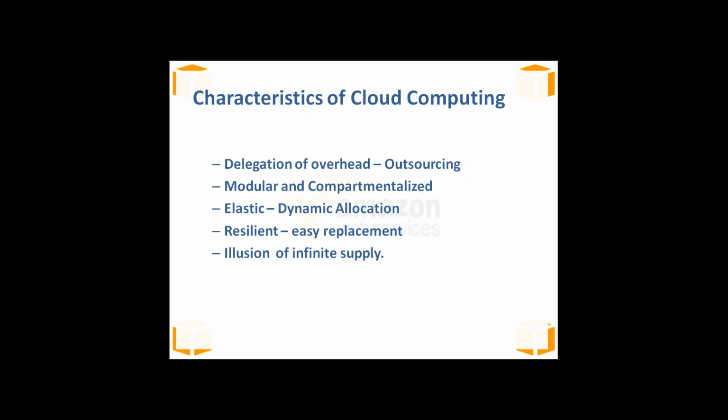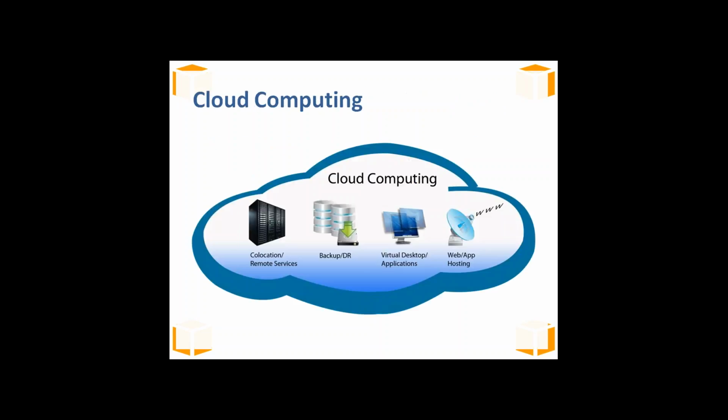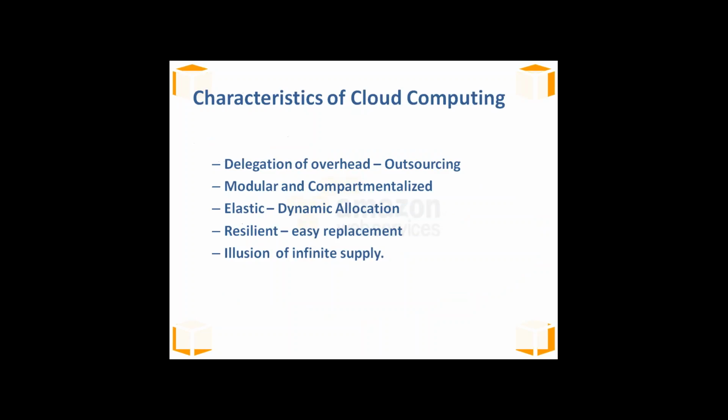Now let's go ahead. This is one of the characteristics we have talked about. And because of this outsourcing, we're going to come across other characteristics, such as modular as well as compartmentalized. What exactly does modular mean? As generations grow, you can add many resources into a cloud. For example, let me go back to that picture. We see that there are 4 things here, but you can add as many things as possible into this particular cloud. Suppose you want to insert one more data center or remote services, you can go ahead and add it to the cloud. That is what we say to be modular.